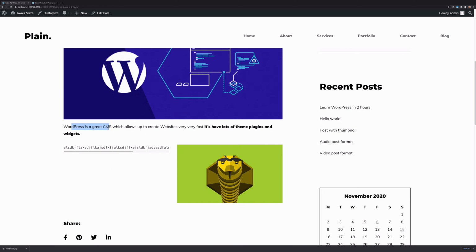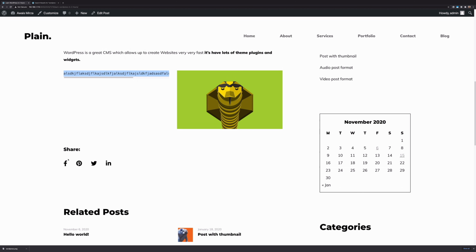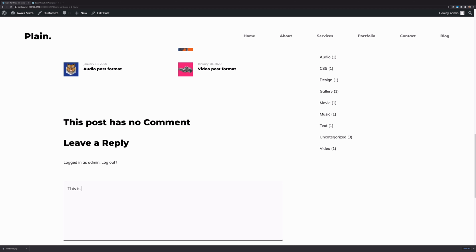Here we have WordPress secret things, which allow us to create a website really, really fast. It's a lot of fun. So this syntax that we wrote, you got a widget, right? And then here we got the social media platform. So this basically allows your visitor to post this directly to their social media platform, and also people can comment on that. So if I say this is the worst post I've ever read,